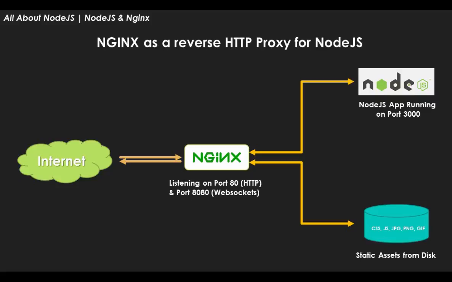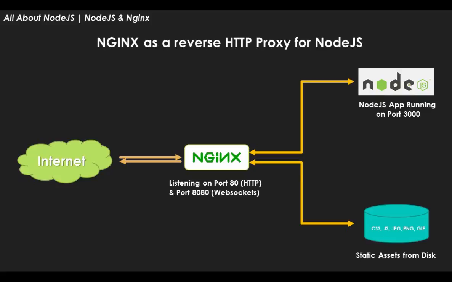Now, the first thing that we should do is understand how we want our proxy to work. This diagram illustrates precisely how our setup will work. At the front of the server, we have nginx, which faces the internet and the users who send in their requests. The requests are intercepted by nginx and proxied back to our actual Node.js app running on port 3000. For WebSockets, nginx also has to listen to port 8080 and tunnel it back to the Node.js app running on